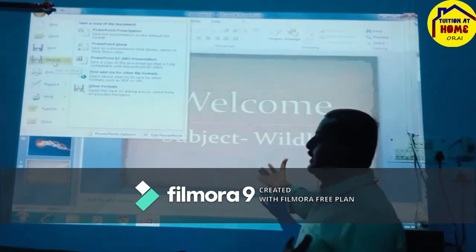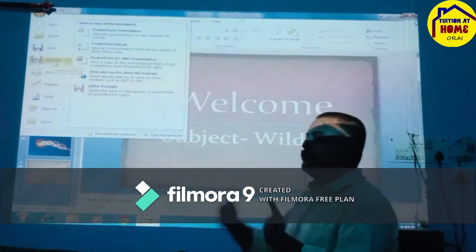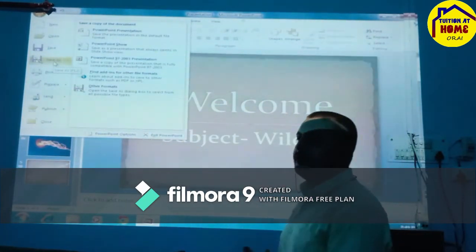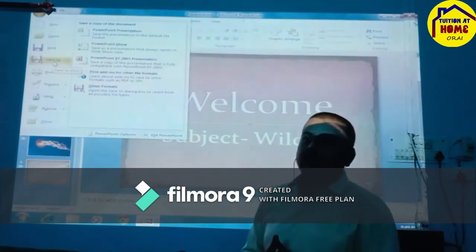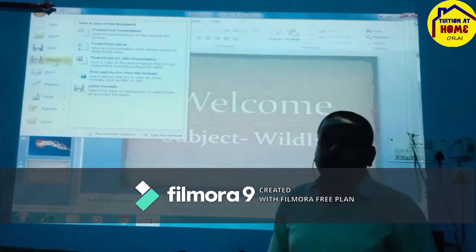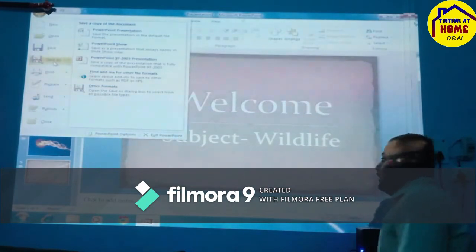Suppose I made a file and saved it, but after 2 or 3 days I open that file and change something in that presentation. Now I will save that file as an existing file, so I will use that fourth option, that is save as.